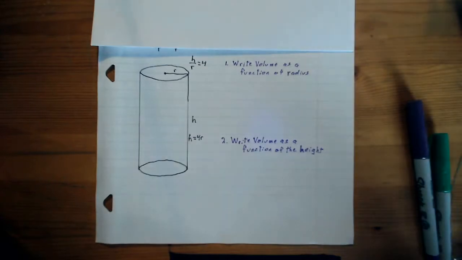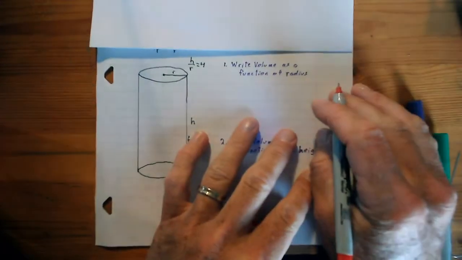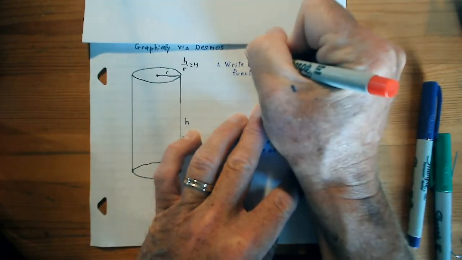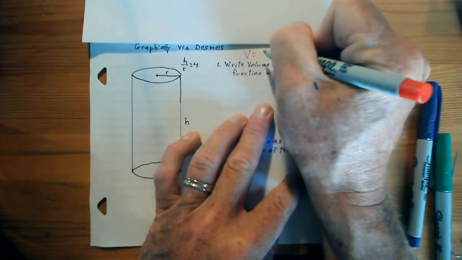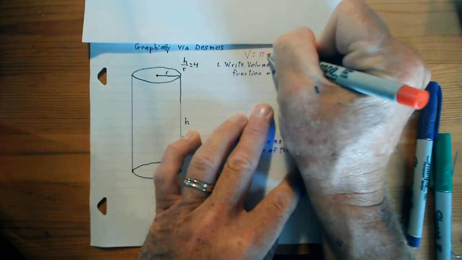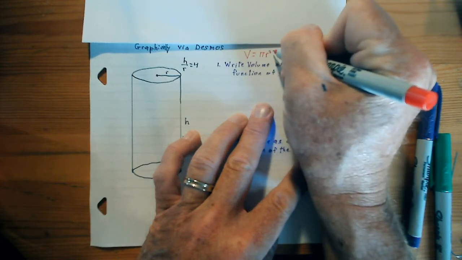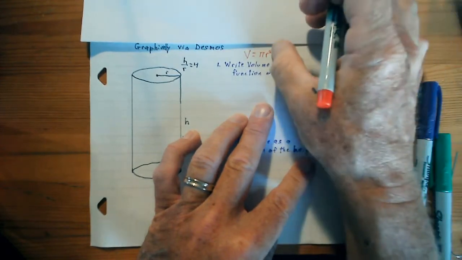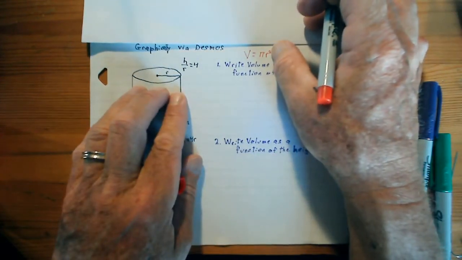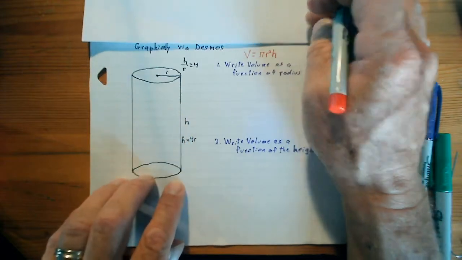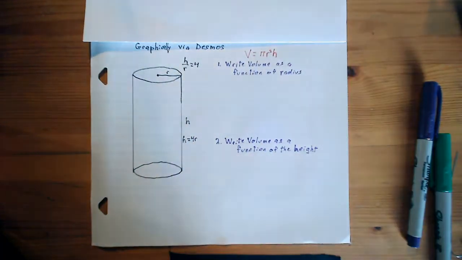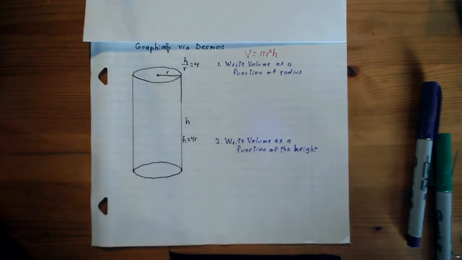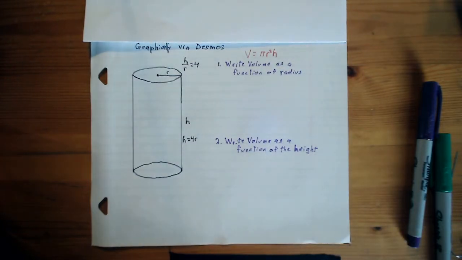Well, I know, and perhaps you do too, that the volume of a cylinder equals pi r squared times the height. Pi r squared would be just for the circle, and then multiply it by the height, and you get the whole volume. So if I want the volume as a function of the radius, well, what I want is